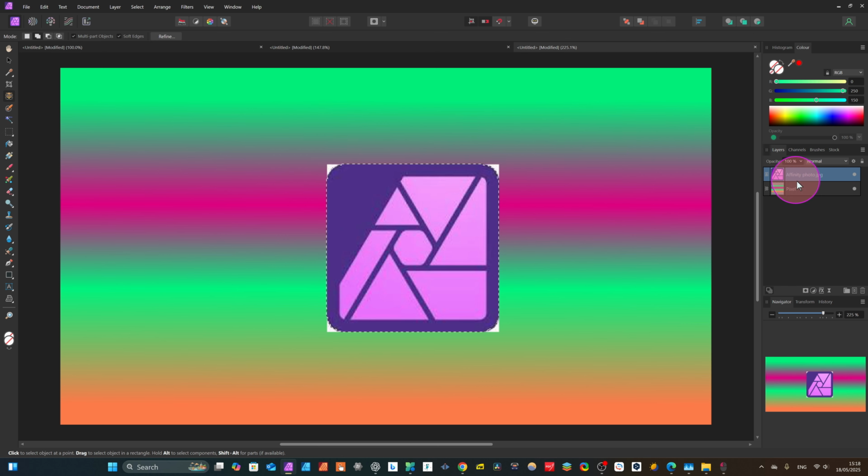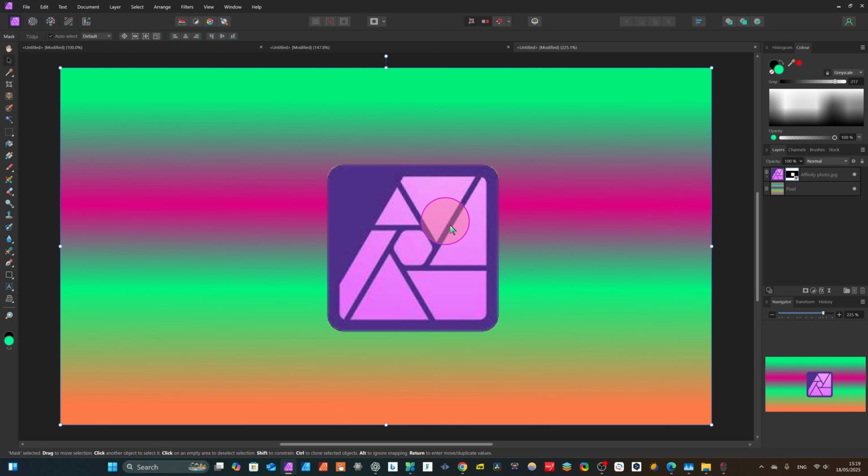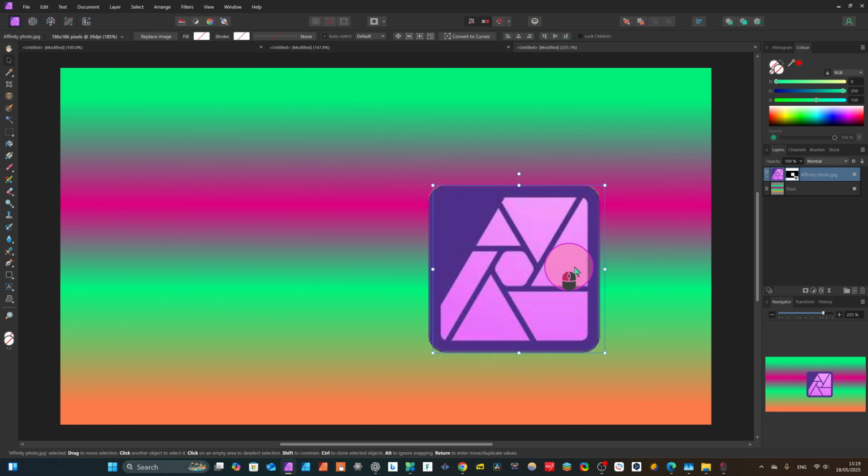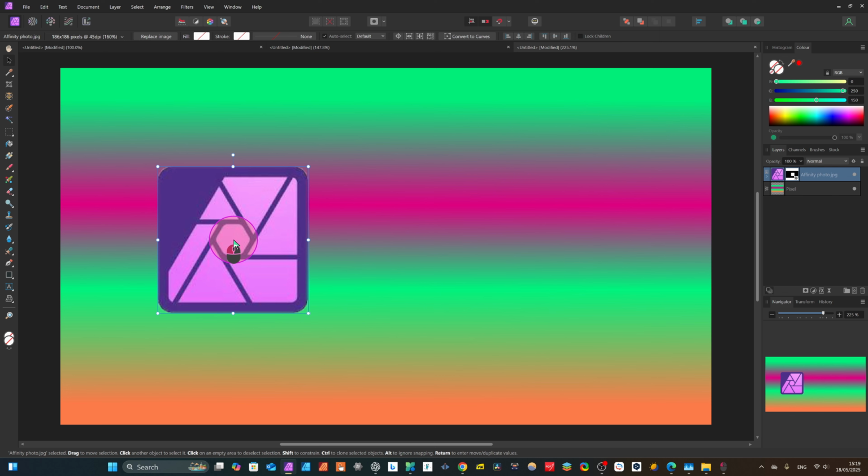After selection, you see we come to layer here. In layer, you see here adjustment layer, mask layer. Just remember this mask layer, and you see I have already masked, and we just press Control plus D. Now select this. Okay, and now we can move anywhere. You see we have moved. For example, here we have moved.